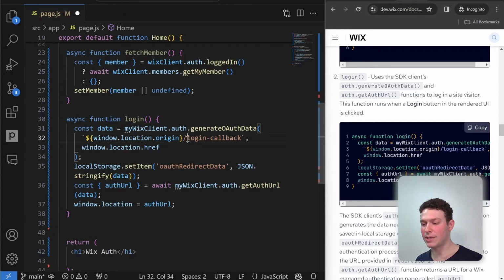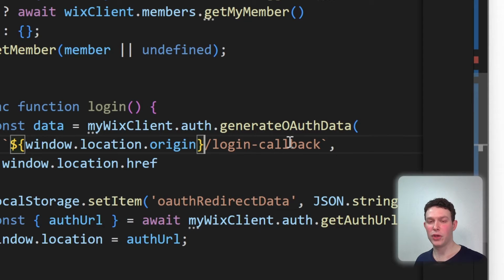So one thing here is a callback URL. Here they've called it login callback, and that indicates what we'll need to call our own page that we set up, or we can change this path over here to whatever our redirect will be. But essentially, this is a URL that Wix is going to redirect the user back to as part of the authentication process. And there's going to be some code that we're going to set up on that page as well to complete the authentication process. But it's very important that you have that page on your site and that this URL points to that